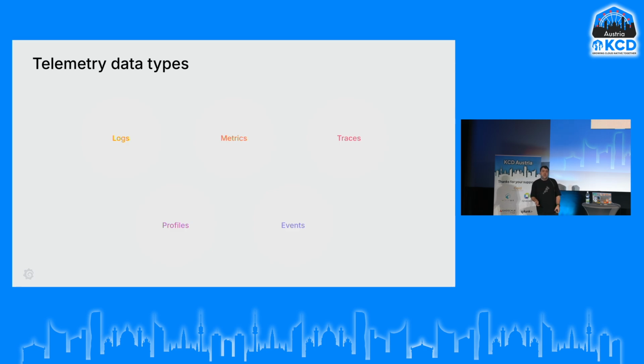Profiles. Profiles are pictures that we take of our code, of our process, at specific times. And if we take enough pictures of our process, then we can tell a story. We take a picture of the heap and the stack, so memory and CPU, and then we can extrapolate statistically and say, well, I took enough pictures to make a guess that that specific method is being called 80% of the time, or that the process is stuck there 80% of the time, and that is the state of the memory when that happens.